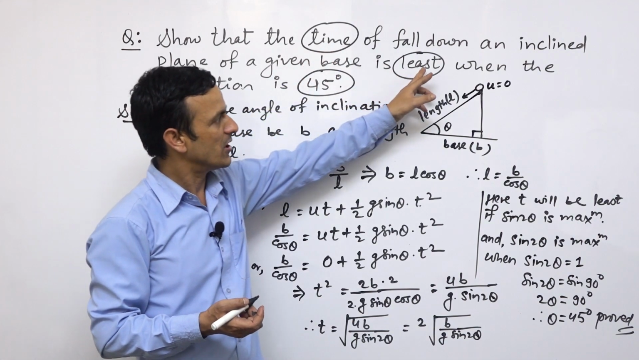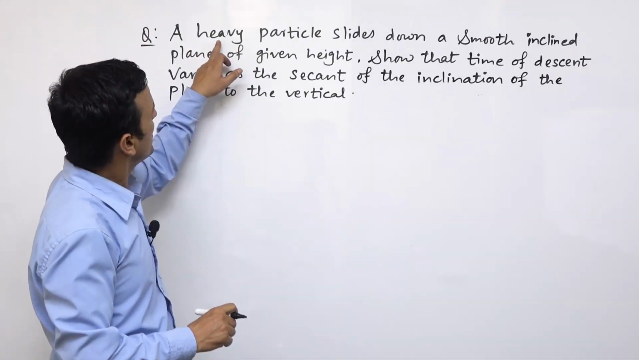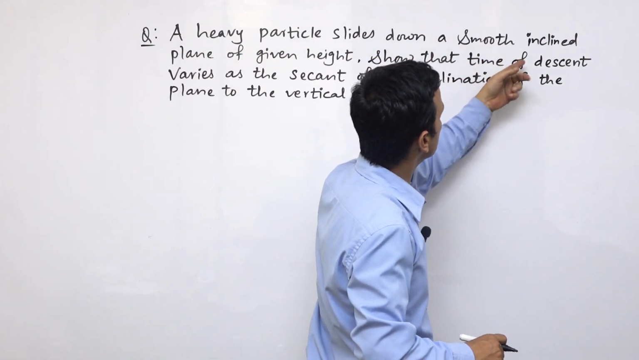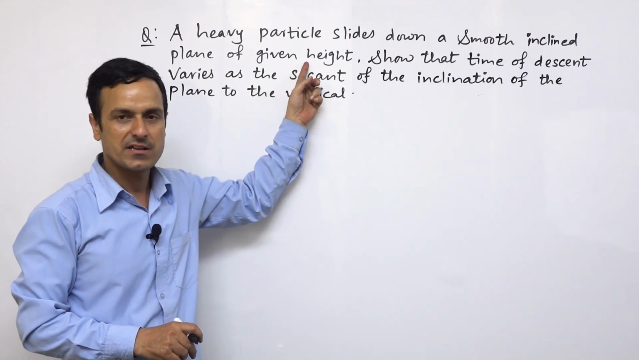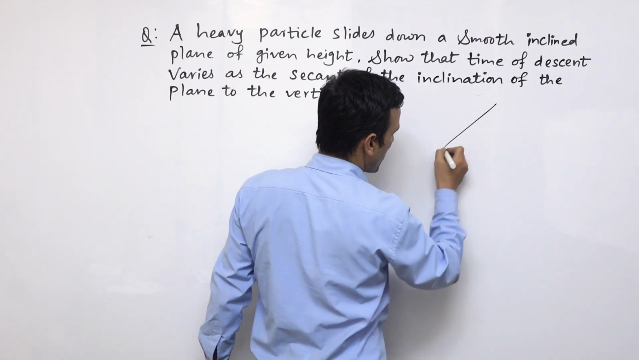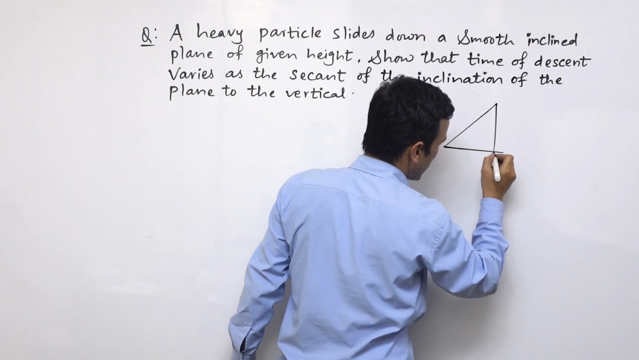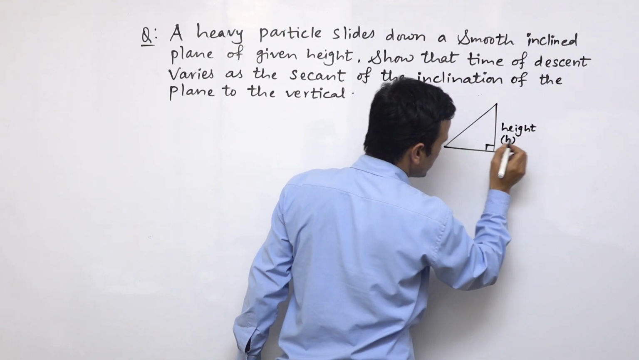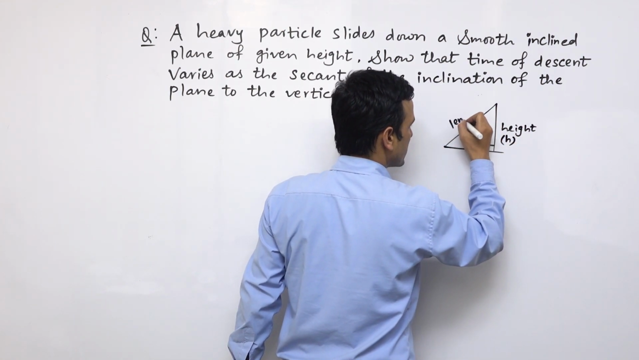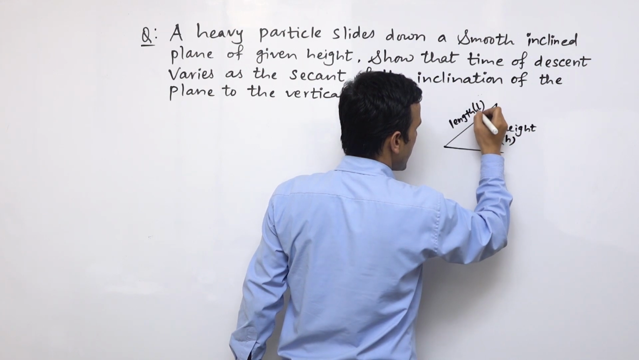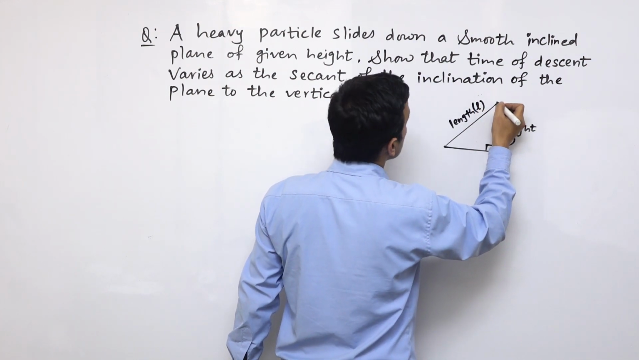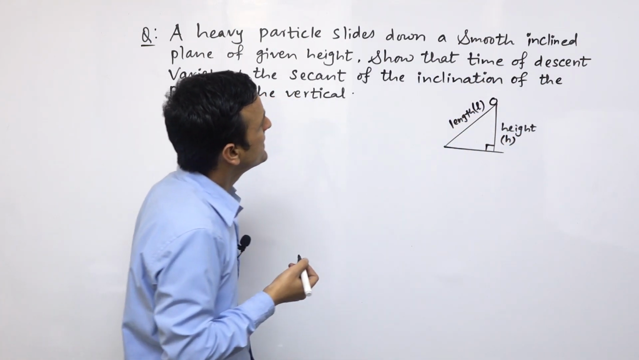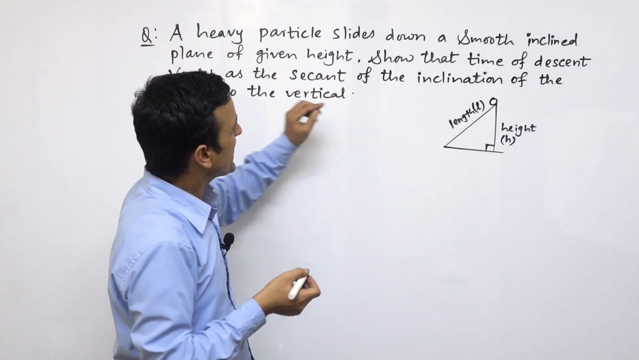Now we have this question: a heavy particle slides down a smooth inclined plane of given height. So one of the inclined planes is here, and the given height is here. The height is denoted by h and this length is denoted by l. The particle slides down from here, and that time of descent